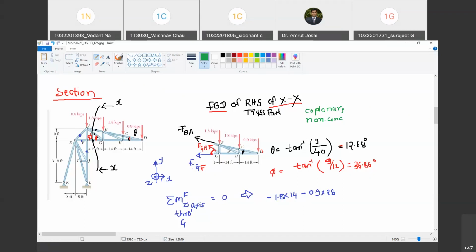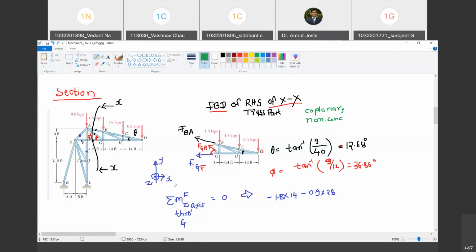Instead, if I choose point G and take moment about Z axis of all the forces passing through point G, the moment of FGA and FGF is going to vanish. Do you agree? Yes, sir. Because their lines of action pass through point G. And then the only unknown will be the moment of FBA about G. Happy? Yes, sir. So I will directly get the value of FBA. That is going to make my life easy. Therefore, the intelligent choice of equation of equilibrium is the summation of moments of all the forces about Z axis passing through point G equal to 0. Are you with me? Yes, sir.